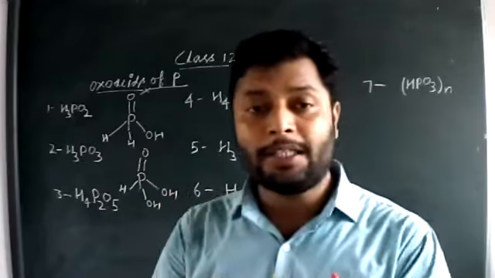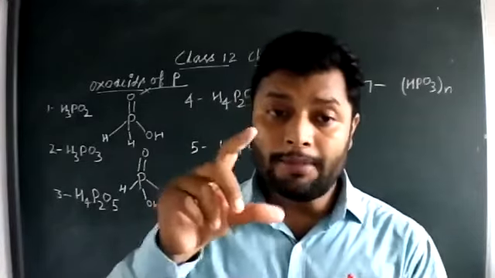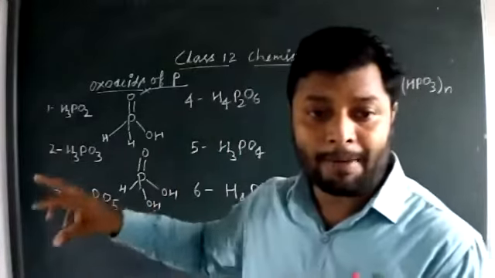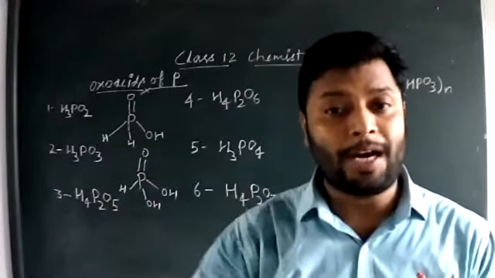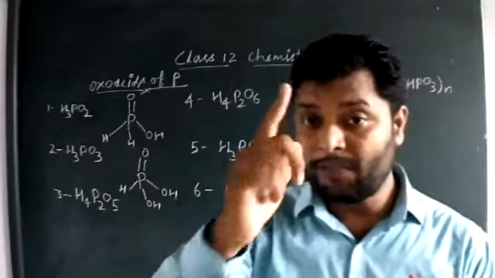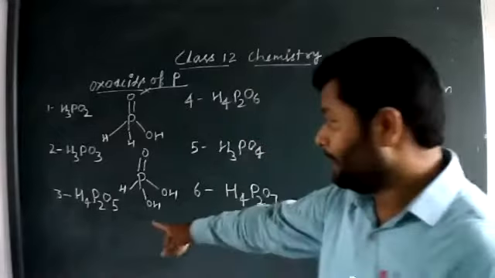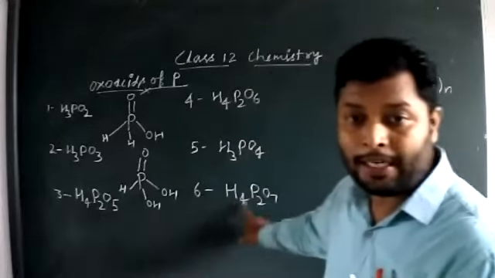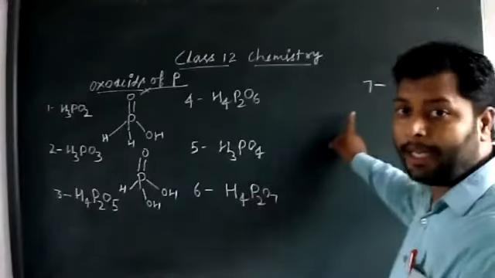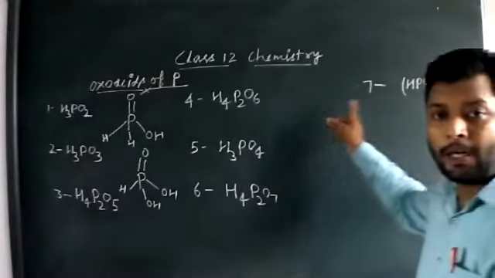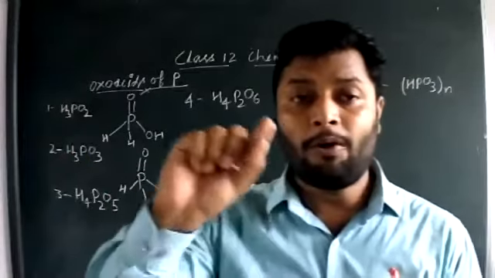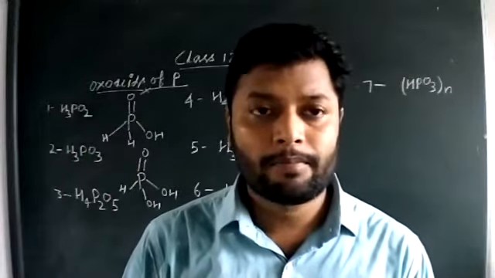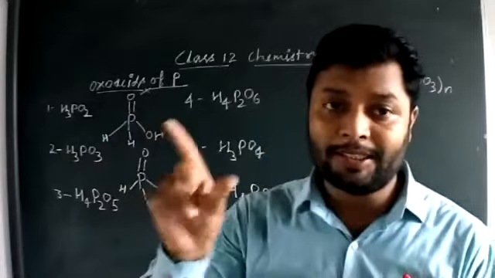This will depend upon the odd number of oxygens. If there is an odd number of oxygens in the formula, there must be a P-O-P bond formation. So you can see that there will be a P-O-P bond. Here also will be a P-O-P bond, and here also. Of all these 7 structures, 3 structures have a P-O-P bond, and the remaining pattern will be the same as above.